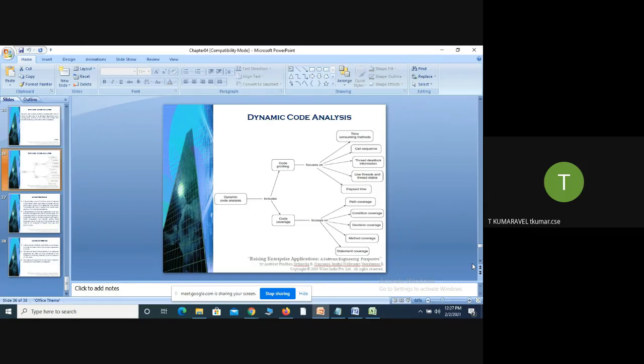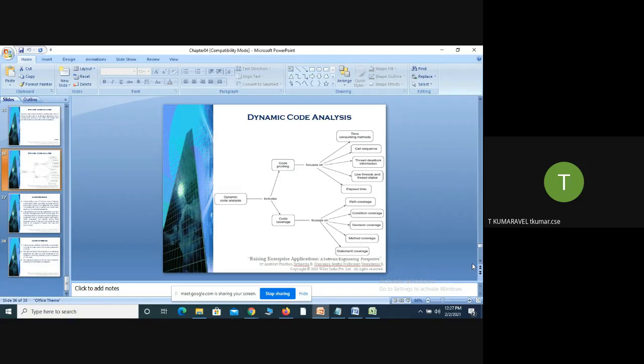Condition coverage measures the degree to which the Boolean conditions of all Boolean expressions of the application are tested or not. For example, in the main program, I have written one Boolean expression. After converting it into an enterprise application, we perform different types of testing.